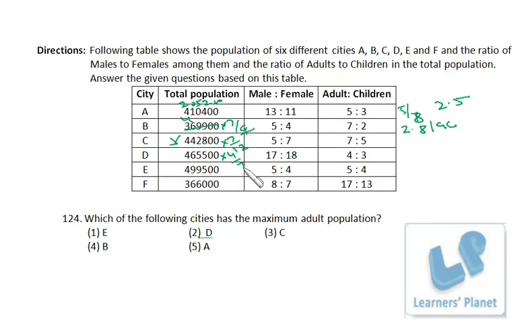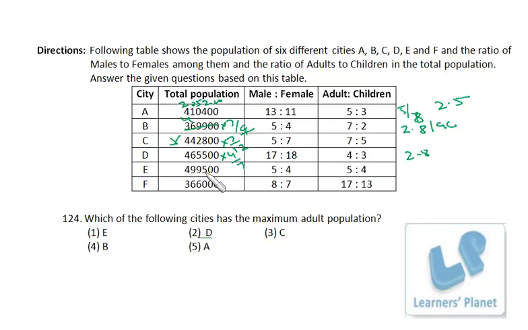Okay, now 7, and this is 46. So it is 46, if we divide by 7, still the calculation will be less than 7, because 7 sevens are 49. So this will be cancelled with less than 7. A less than 7 figure into 4 will produce the data less than 28, right? So even this will be less than 2.8. I'm not considering zeros, be careful about it. We are just taking the first 2 digits, because what we have to compare, 2.8 lakh, 2.7 lakh, 2.9 lakh, something like that, right? So forget zeros in this calculation.